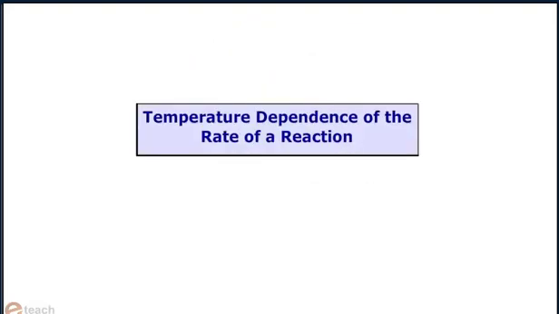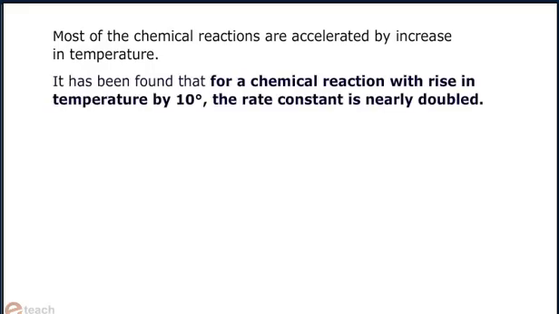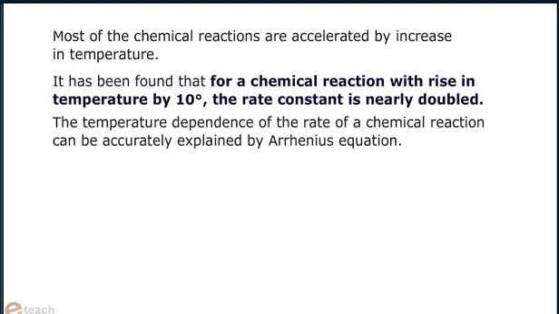Temperature dependence of the rate of a reaction. Most of the chemical reactions are accelerated by increase in temperature. It has been found that for a chemical reaction with rise in temperature by 10 degrees, the rate constant is nearly doubled. The temperature dependence of the rate of a chemical reaction can be accurately explained by the Arrhenius equation, K